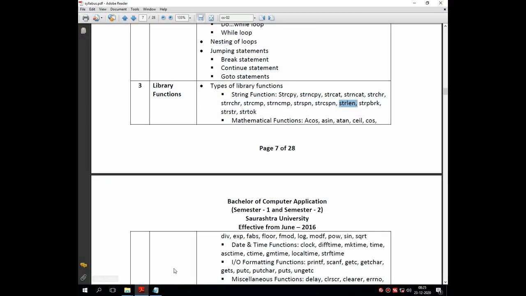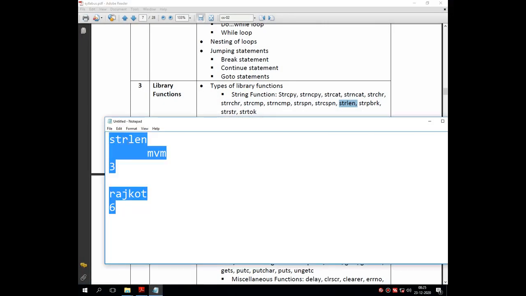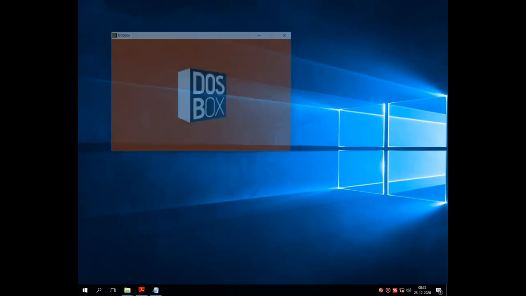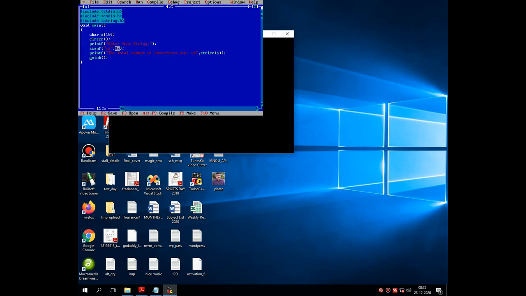The next function according to the syllabus is strpbrk. Let's see directly how it works and what it returns on the screen.